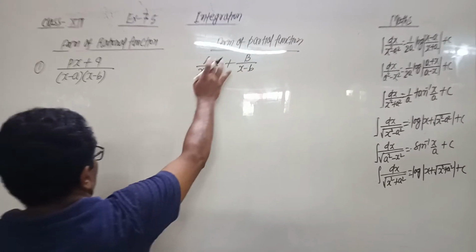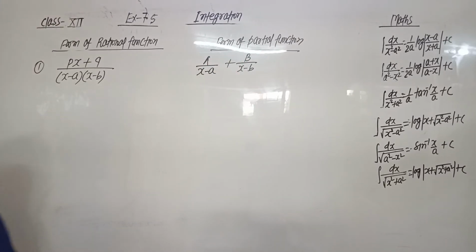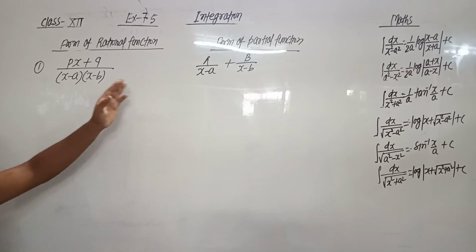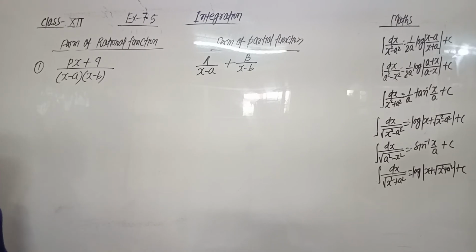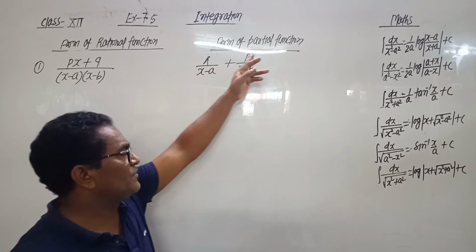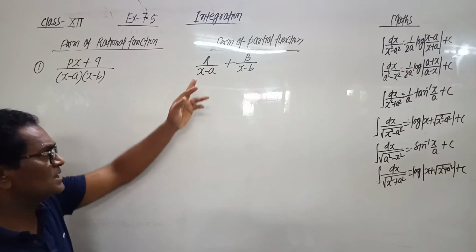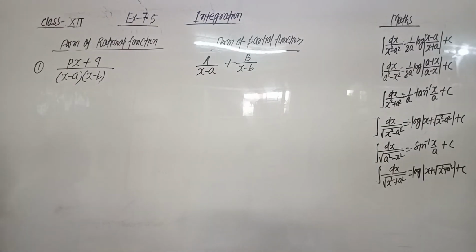where capital A and B are the constant terms, and by equating the coefficients from both sides, we find the values of A and B, then we put the values of A and B and integrate. The second form is,